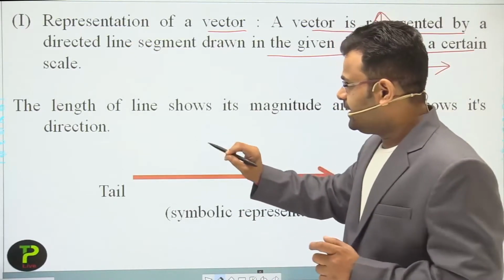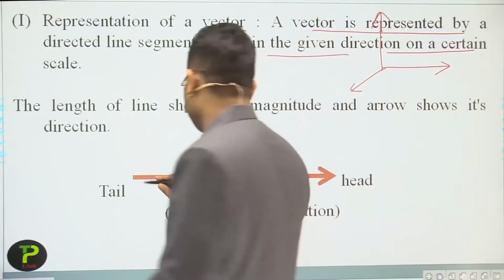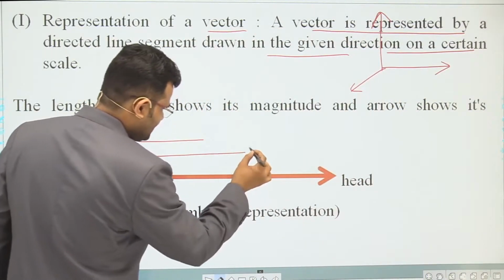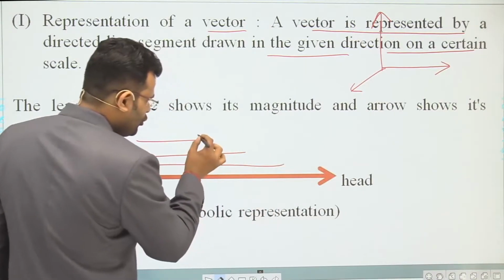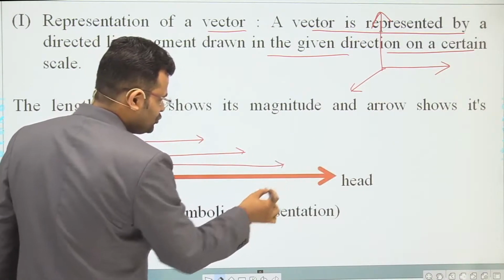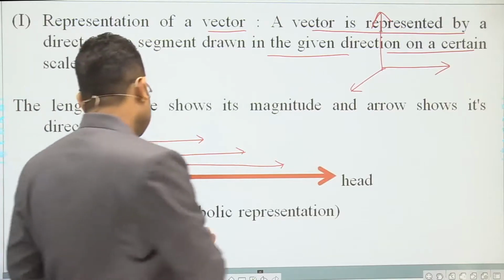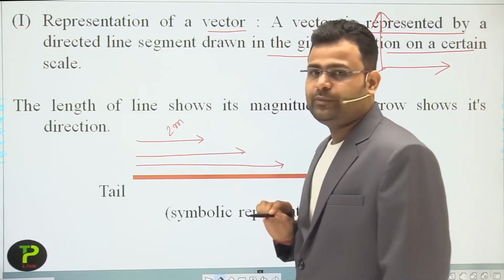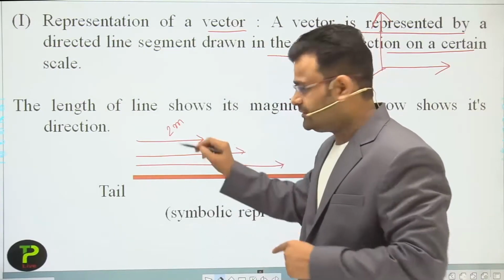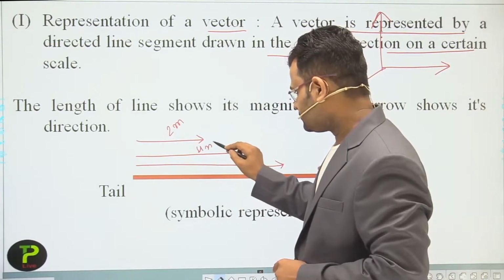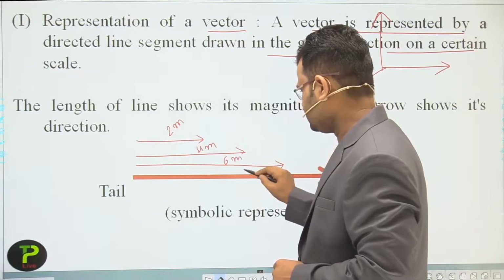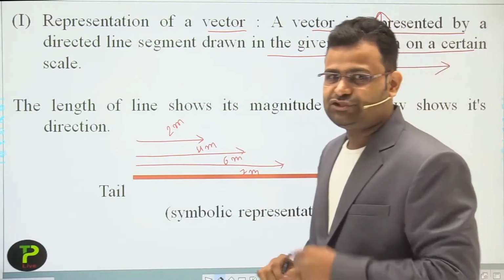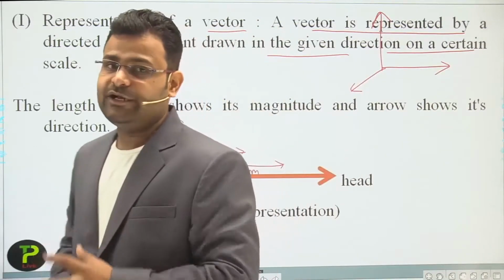Now, the length of the line, if you are measuring and drawing it, the whole, complete length shows the magnitude. It means, dear students, if it is 2 meter, it is not necessarily drawn as 2 meter; it can be higher than that, a 4 meter, 6 meter or 7 meter, the X, Y, Z quantities here. So the length of that line shows the magnitude.